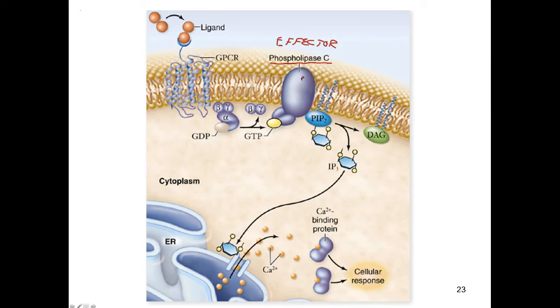And when phospholipase C is activated by an active alpha subunit of a heterotrimeric G protein bound to GTP, it cleaves a molecule called PIP2, or phosphoinositol diphosphate, into two second messengers. One, DAG, is called diacylglycerate,